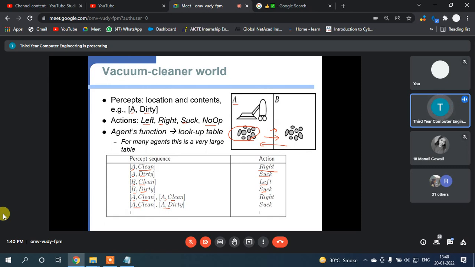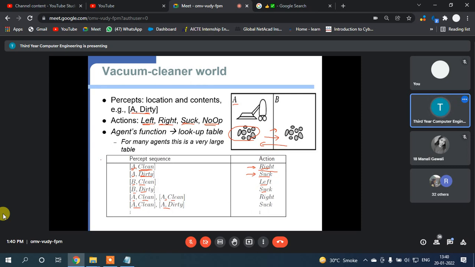Based on this perception, एजेंट क्या करेगा, एक्शंस परफॉर्म करेगा. अभी एक्शंस कौन से उसके, लेफ्ट है, राइट है, सकिंग है और नो ऑपरेशन है. ठीक है. तो ये नंबर ऑफ परसेप्शन दिए हैं यहाँ पे. तो नंबर ऑफ परसेप्शन क्या है, if location is A and it is clean, स्टेटस क्या है उसका, clean, then it goes to right. तो एजेंट को क्या एक्शन परफॉर्म करनी है, राइट जाना है. ठीक है. If location is A and if status of A is dirty, then क्या एक्शन परफॉर्म करनी है उसको,